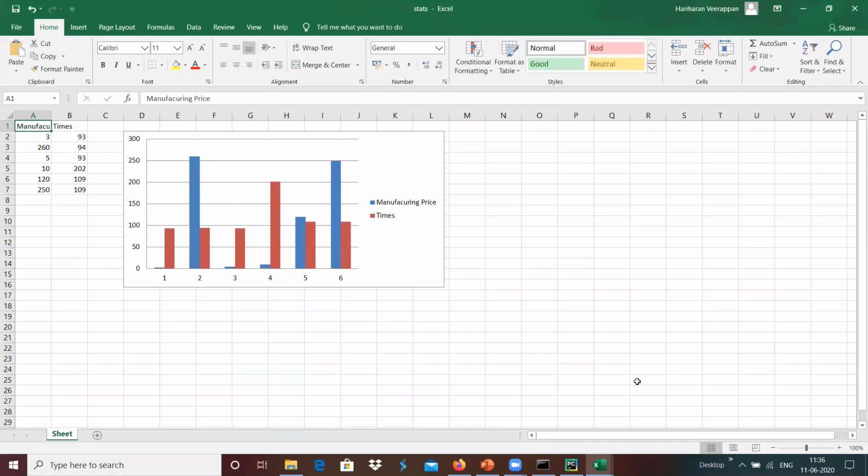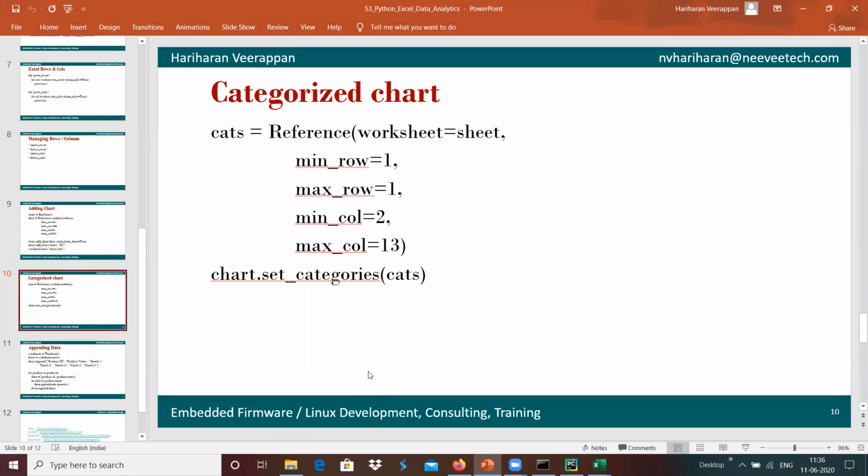Yeah, this provides simple data analytics information over here.